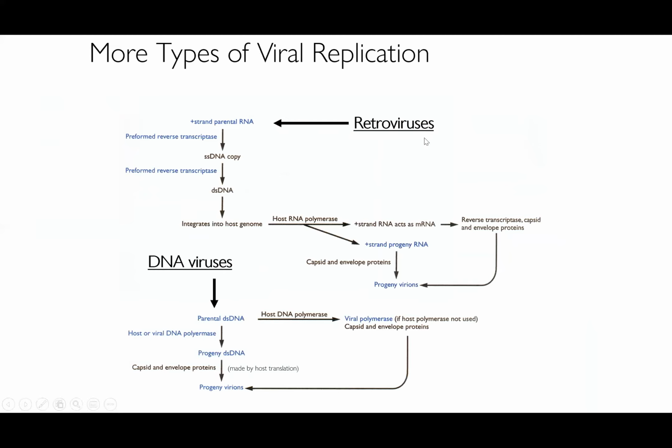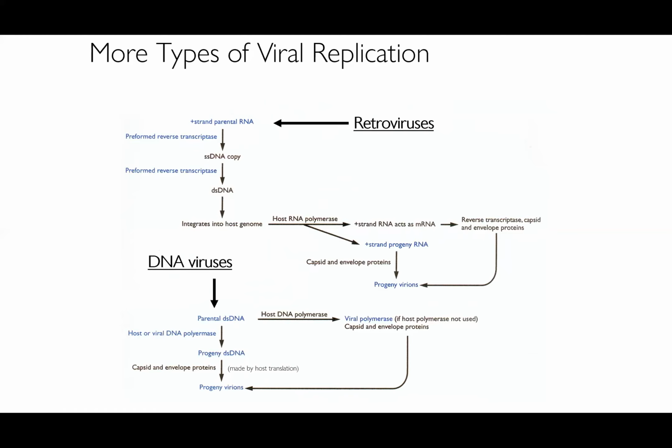Retroviruses are a bit different. They make plus-stranded parental RNA. They have an enzyme called reverse transcriptase to make a copy of single-stranded DNA. This is then converted into double-stranded DNA, which then integrates into the host genome, and then the host RNA polymerase is used to make all the required RNA for new viruses, or an RNA to make the proteins itself to